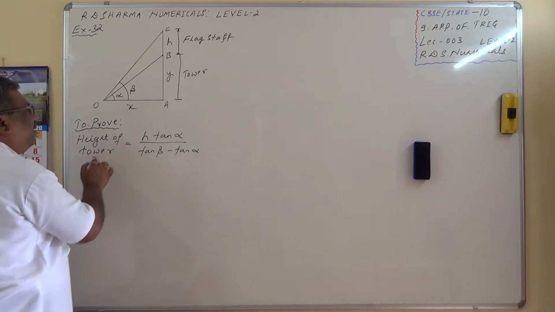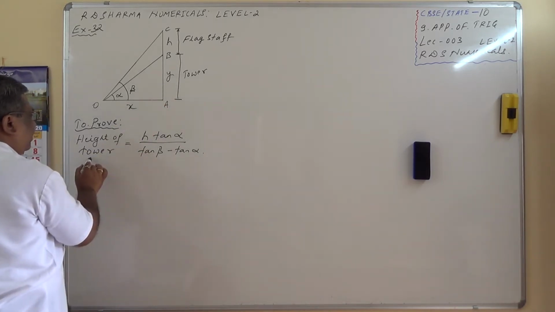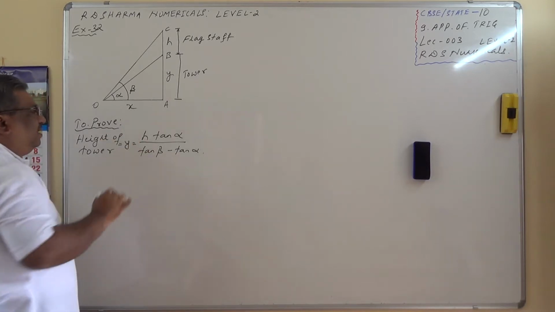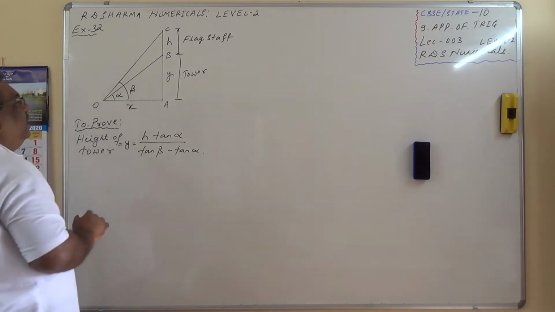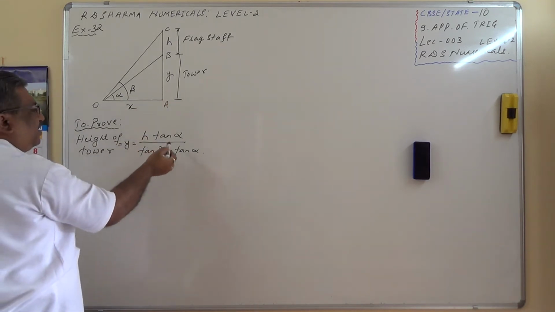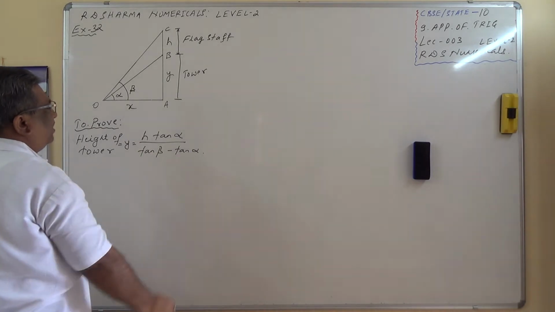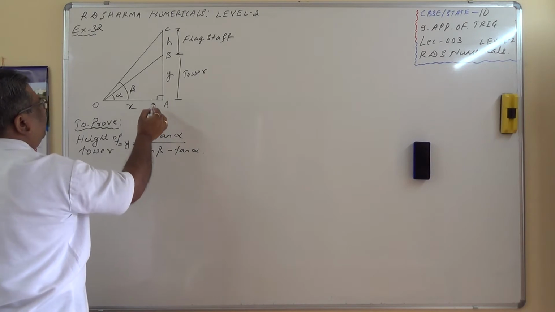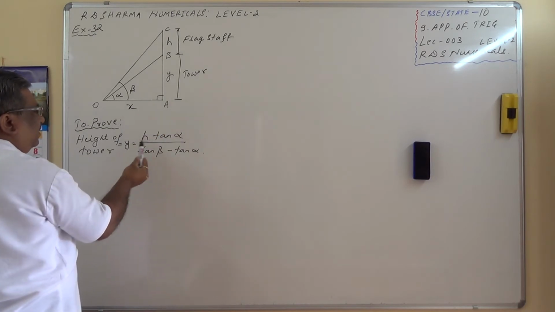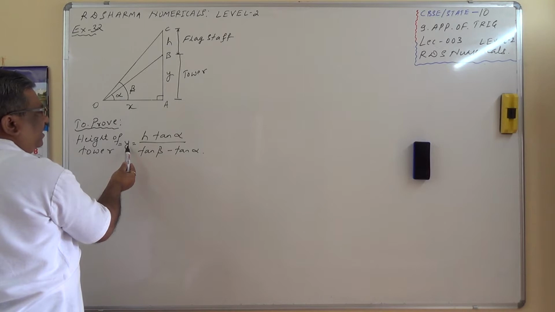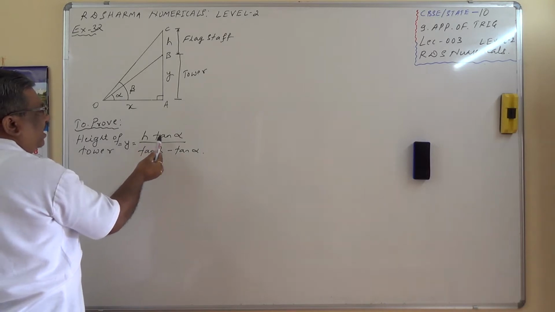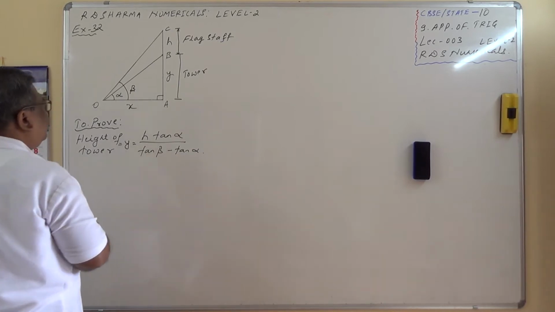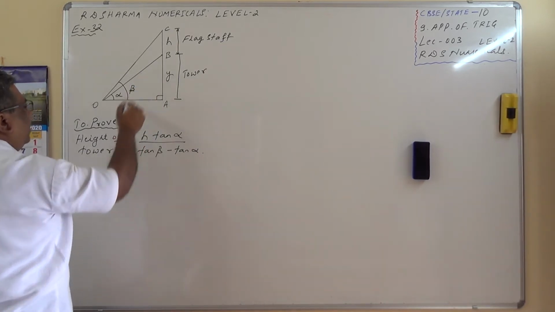So can I mention the height of the tower as y over here? This makes sense, isn't it? So we need to prove y equals h tan alpha divided by tan beta minus tan alpha. Let us see. This is a right angle triangle first. Y should be expressed in terms of h and tan of alpha and beta. That is our objective. In triangle AOB,